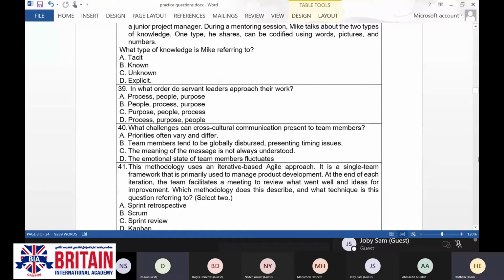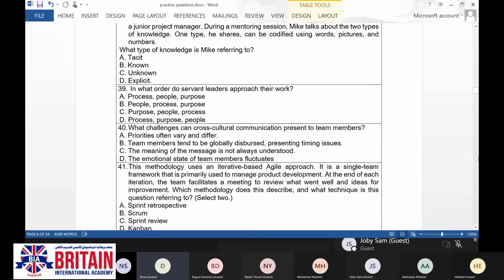Okay. What challenges can cross-cultural communication present to team members? Priorities often vary and are different. Team members tend to be globally distributed, presenting timing issues.